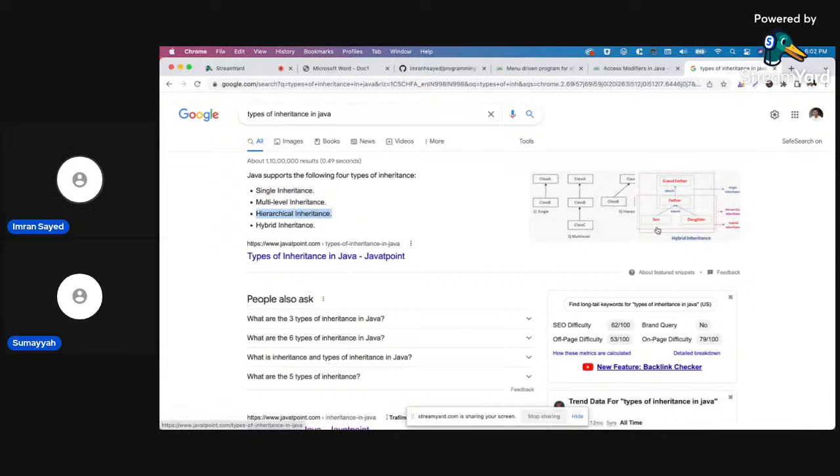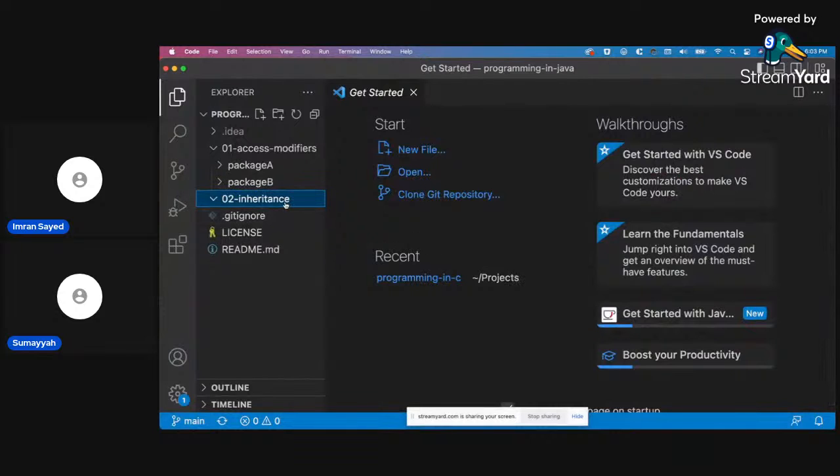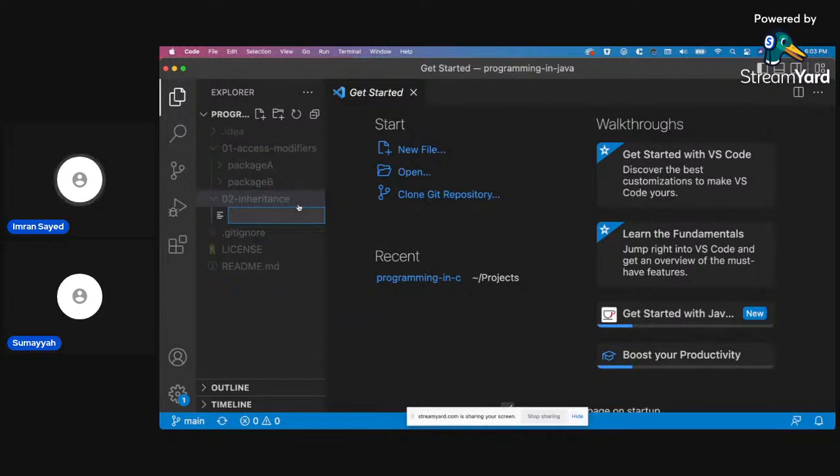This is the one you were talking about, right? Yeah, you're right. That's hierarchical. Multiple was possible by, I guess, interfaces, right? Yeah. Okay. So I think maybe better to create a package, or maybe not required. I guess not required. Let's see. If we need it, then we'll create it.